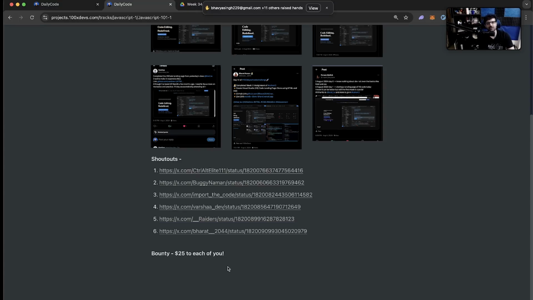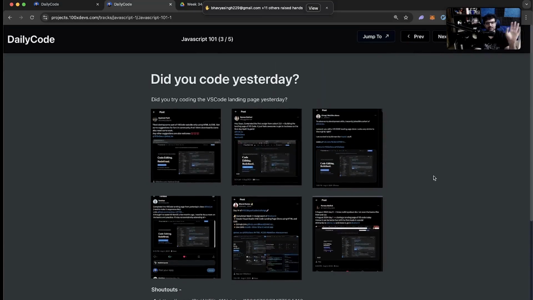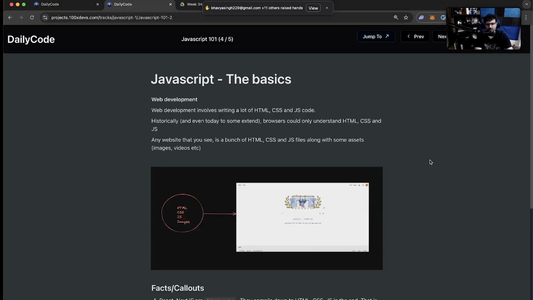$25 of bounty for each of you. Not because it was a lot of effort, but you showed up on day one and also gave me some motivation. At least someone was able to create the landing page. I thought yesterday went a little fast when we reached the padding section. So great to see people make it. Some of these people are coding for the first time, so they are average landing pages. Some of these are good landing pages, and I would urge you to build your own before the next class as well. I will also do an assignment.